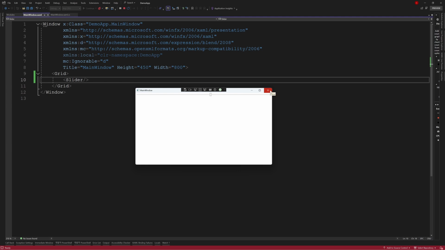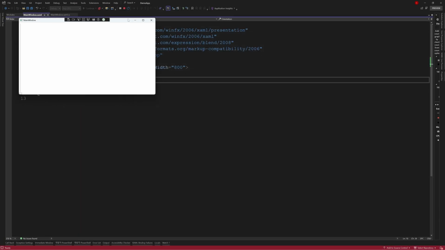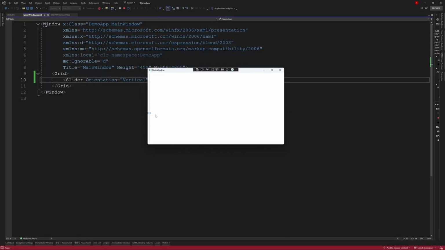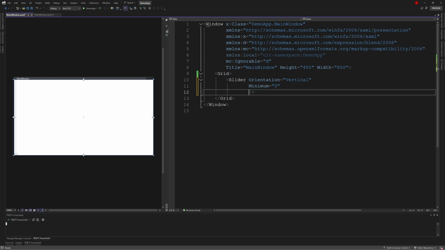But before we start writing the League of Legends slider, let's first get familiar with some basic properties of the slider. We just saw that a slider's basic orientation is horizontal, right? Next, let's change it to vertical and have a check. Now it becomes a track that can slide up and down. So this is one of the properties concerning the slider's orientation that we need to understand. The second is we can set a minimum and maximum value for it. We set the minimum to 0 and maximum to 100. Then we switch the orientation back to horizontal.